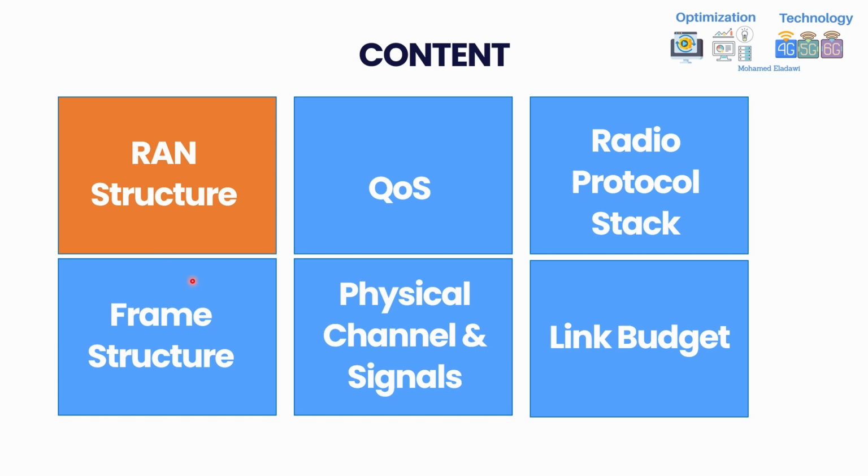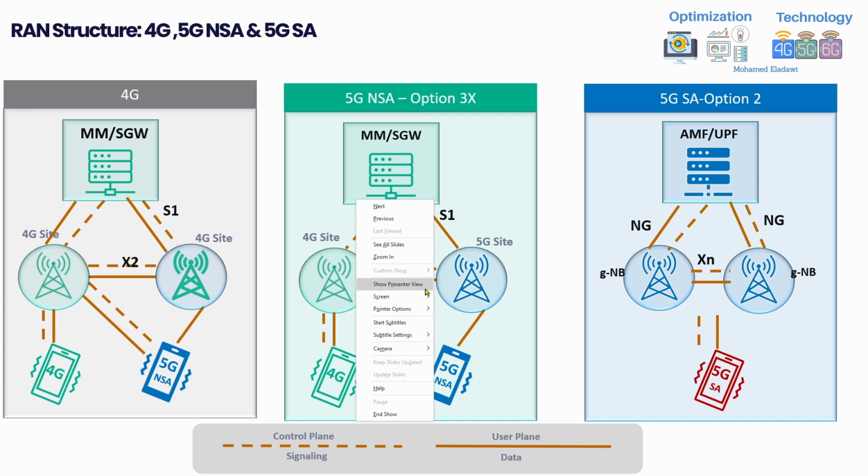So the first part, we'll go through now the RAN structure. Let's start first with the RAN structure differences between 4G and 5G. Here in this slide, I'm showing three main structural architectures. First one for 4G, and this is mainly from the access network or from the RAN side. The first one is showing the 4G, the second one showing 5G non-standalone option 3X, and last one showing 5G